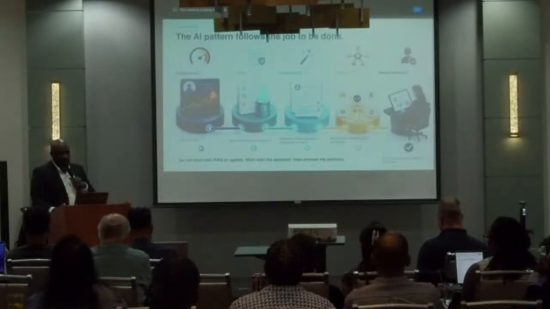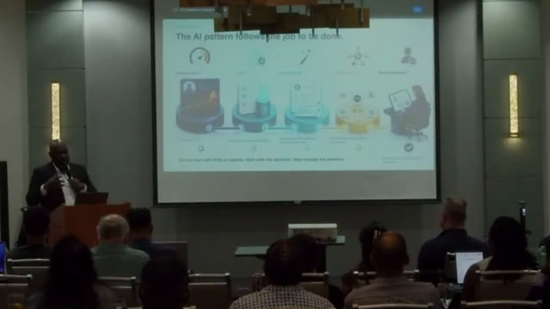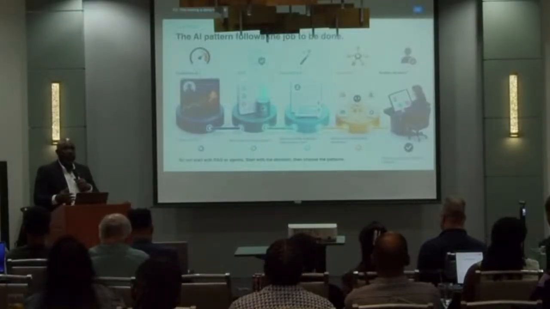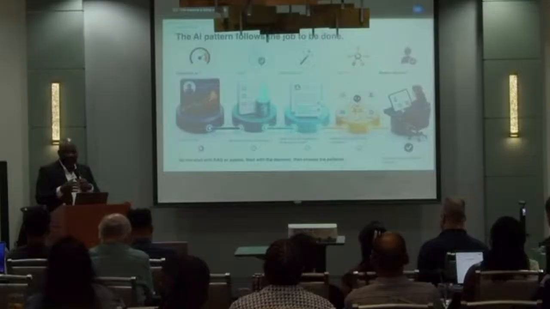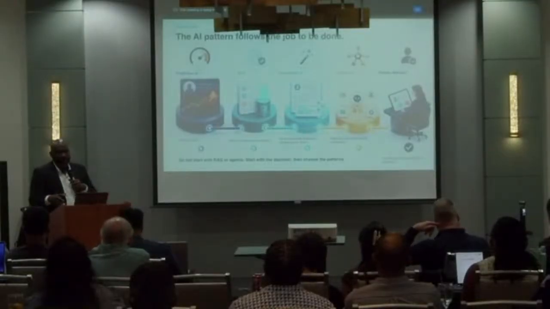So as an architect, or if you're doing architectural work, these are the main areas that you should be thinking about, right? From the business value all the way down to how the system is implemented, the problem you are trying to solve, the data that is available there, the governance things you put in there, etc. And I think I made mention yesterday that this is not a one-man thing. There are various disciplines that go into this.